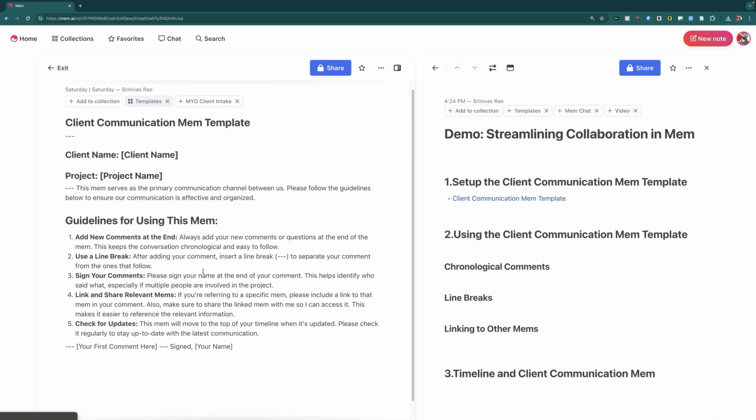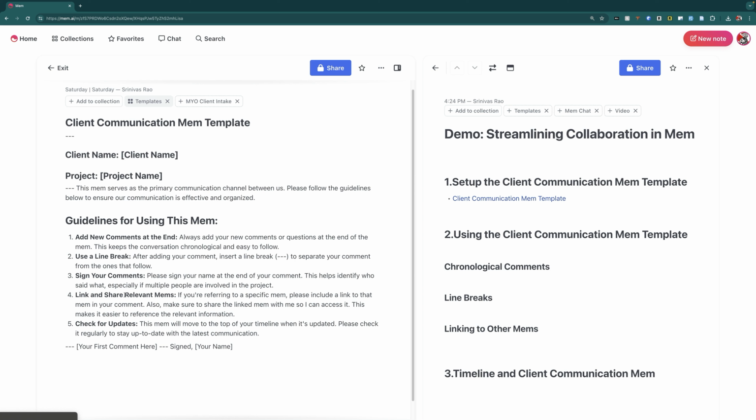So a couple of things that are important to note here. First, you want to give people guidelines on how to use this. Now, this is my template. You might have a different way to structure it, but I wanted to do this in a way that it just became a replacement for email, chat, or text, so that it would effectively be like a long thread that streamlines all your communication related to a project. So instead of having to chase down text messages, emails, or other things in other tools, you have it all inside of here. So the first thing that I always have people do is write this just as they would write